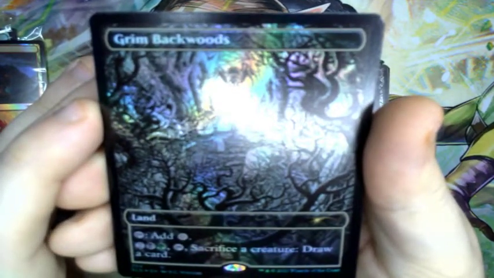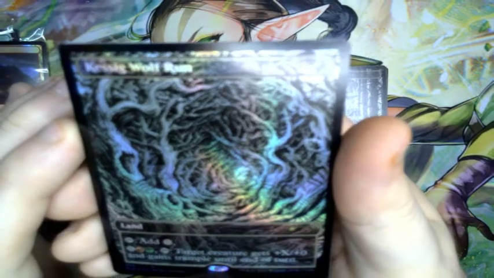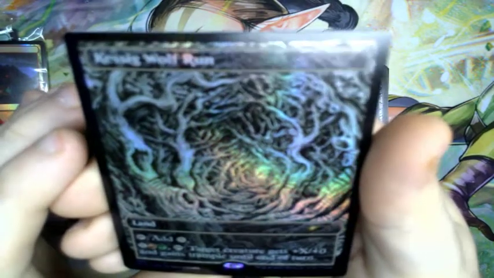Sadly, most of these aren't very playable in Commander, which is really the format I'm playing 90% of these in. I don't know how much I'm going to be playing a red-black land, a colorless red-black land. It would be great in Standard, honestly, like all of these. Slayer's Stronghold. They also have cool names and art, but...